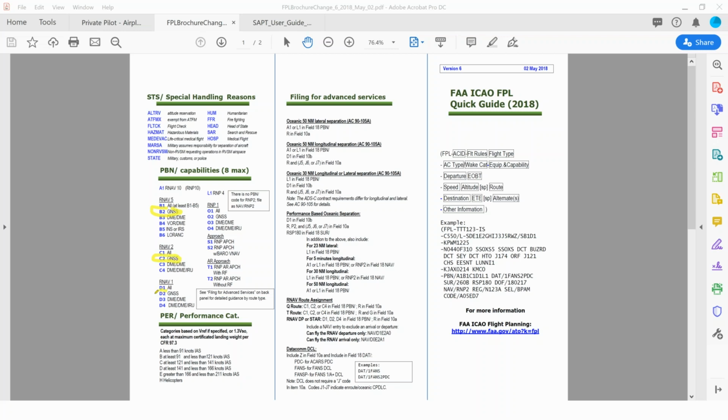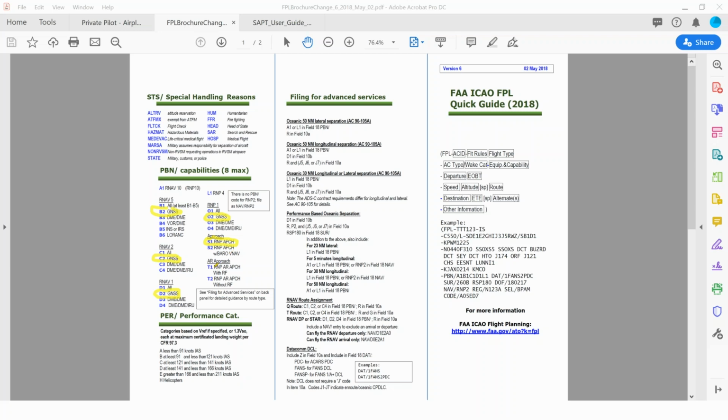You're going to go D2, O2 for RNP 1, and S1, RNP approach. Now, remember, most general aviation aircraft don't have baro aiding, so that's the baro-VNAV. That's why you're not going to be S2, you're just going to be S1.